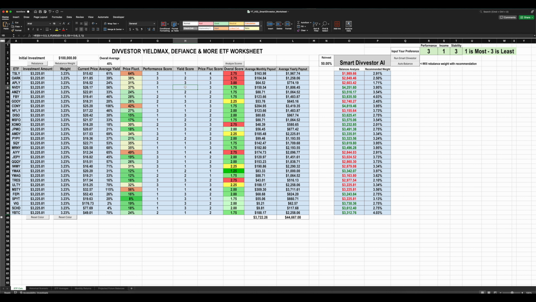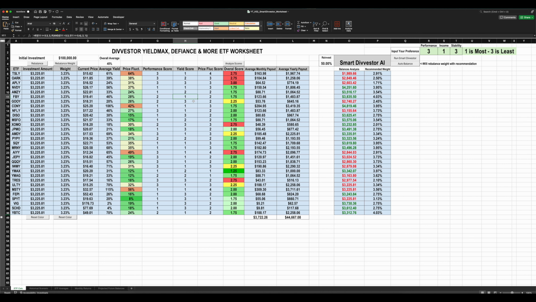And then there's the yield score, which you can look up here in my formula too. If you're not good with formulas, 0.4 basically means 40%, 0.3 is 30%. So anything above 40% gets a score of 1 for your yield. Anything between 30 and 40% is a 2, and anything below 30% gets a 3. So of course Tesla gets a 1, NVIDIA gets a 1, Facebook gets a 1